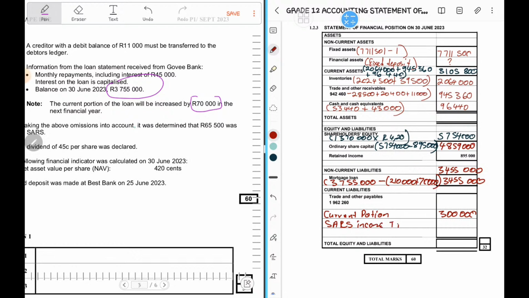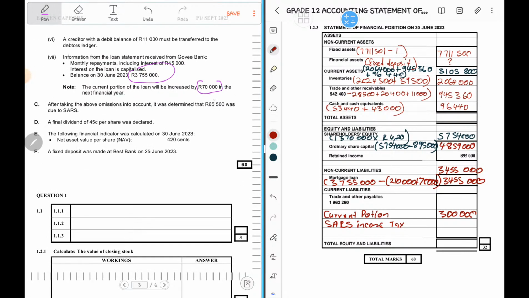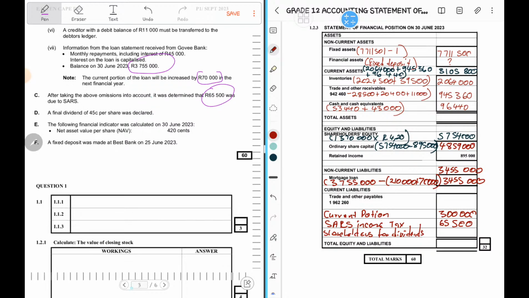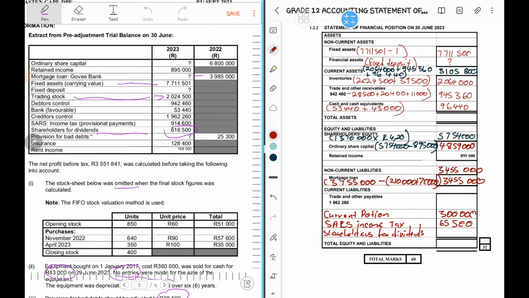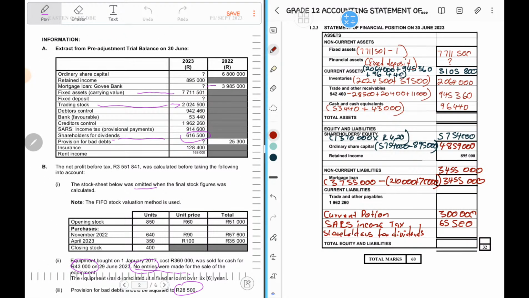So SARS income tax is just here in the information, 65,500. Then we also include shareholders for dividends. Now shareholders for dividends, according to the trial balance, is